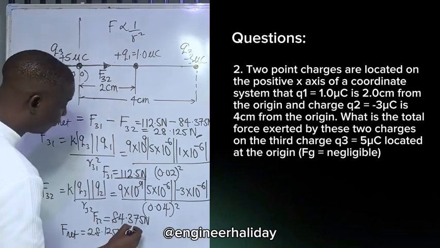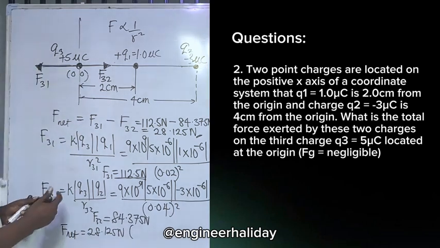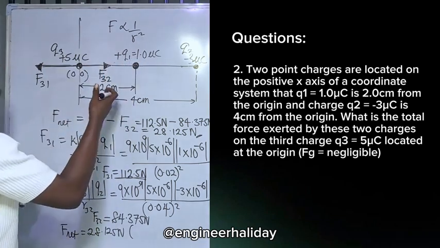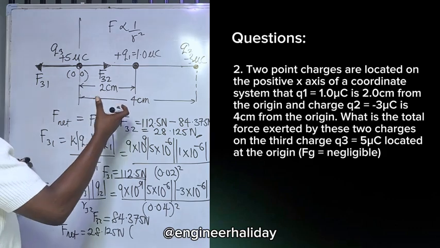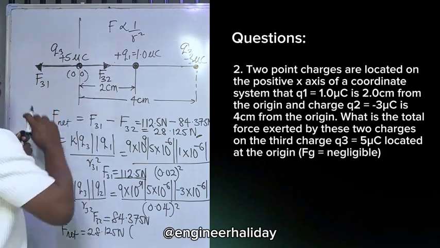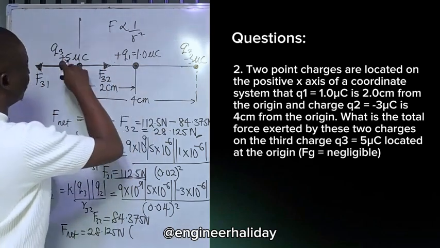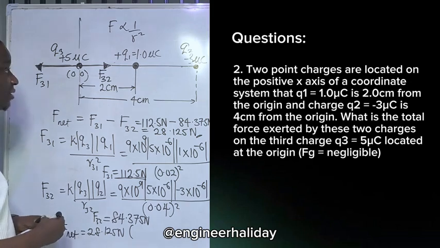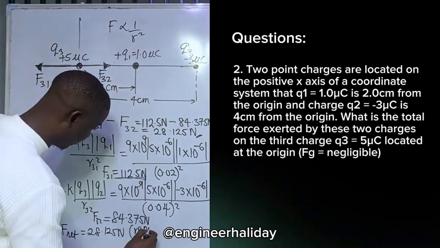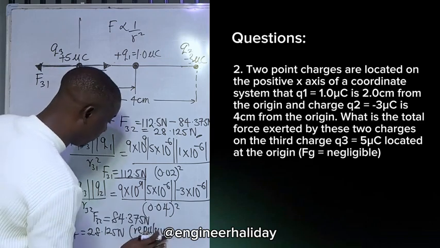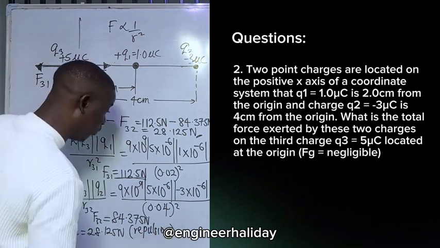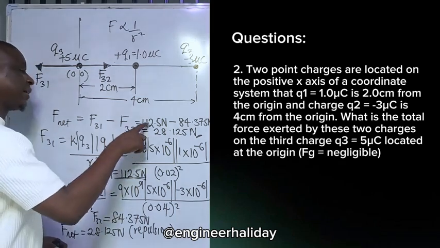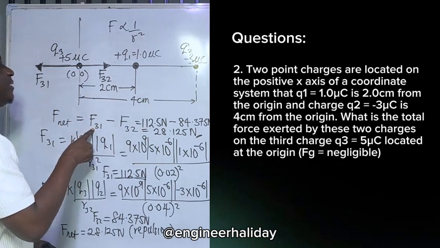Now, I want to ask you, what is the nature of this? Three charges, we have more, the nature of the force of the three charges on Q2. The nature of this one and this one on this one. Which one will dominate this particular system of three charges? It will be repulsion. The reason being is this repulsion force. Repulsion will be the dominating force. Why? If you check, the F31 is created by